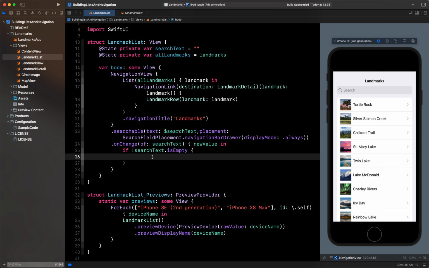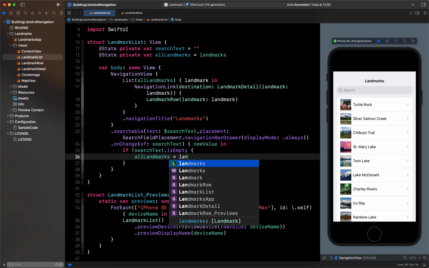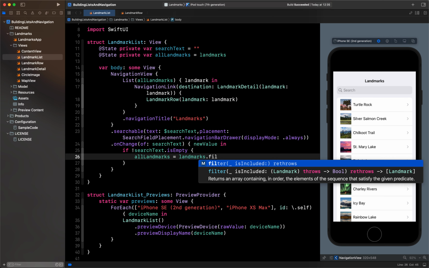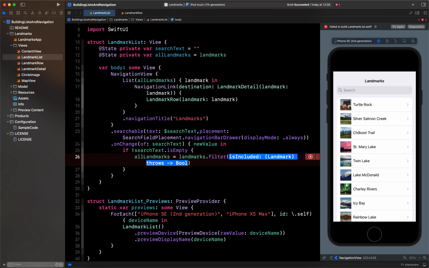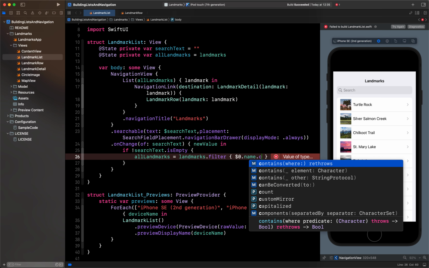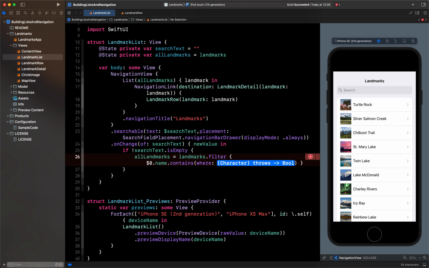For that I will say allLandmarks, which I have actually passed to my list. I'll say allLandmarks equal to landmarks, which is my main array, .filter I will say here. So I am using the higher order function filter here, and inside this I will filter the values with the name property, and I want to say if it contains the searchText then only filter it.